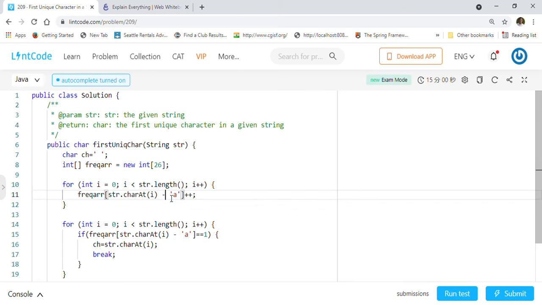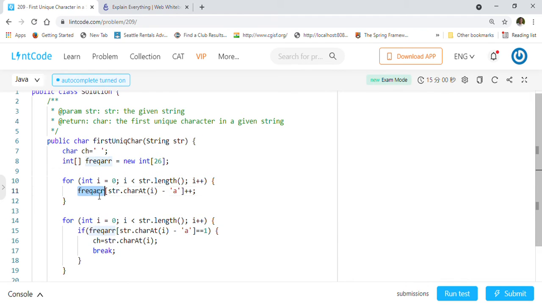This is the way you can convert a character into the corresponding integer value. You just have to subtract A, right? Whenever you see A, it will convert to 0. When you see B, it will convert to 1, like that. So we populated the frequency array here.